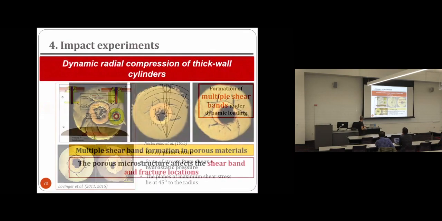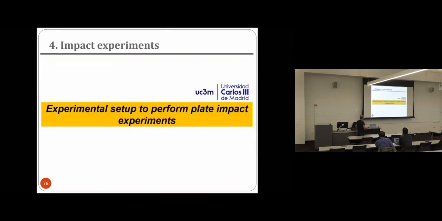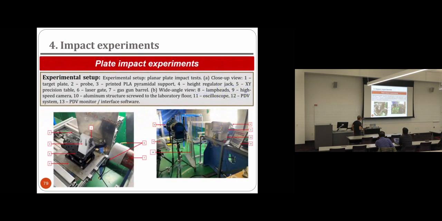And then if you want, I will show you something about the spalling, and I can just finish with that. Plate impact experiments. In order to study dynamic spalling, we are also performing plate impact experiments in our lab. Again, we are using this single-stage gas gun. We have to modify the setup a little bit. Basically now we are shooting a thin plate of typically 2 millimeters to perform planar impact on the specimen.